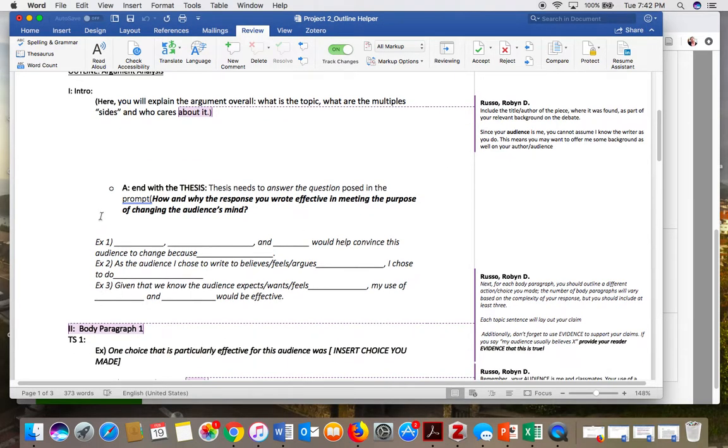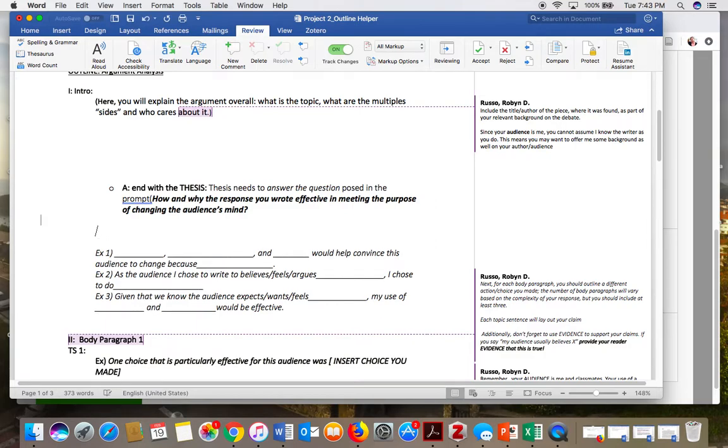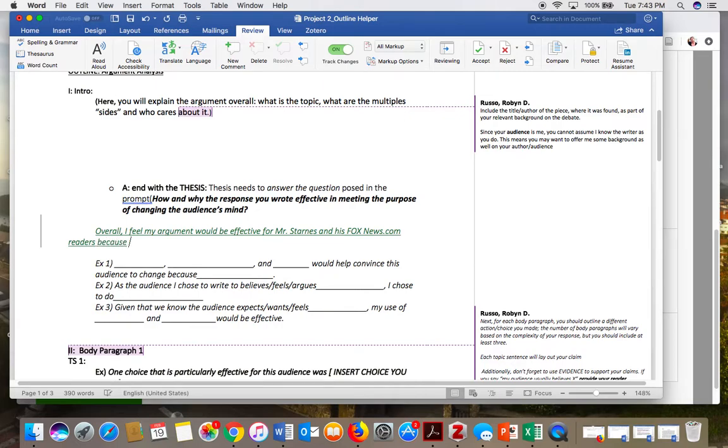So let's say that my thesis statement for this is going to be something like, overall, I feel my argument would be effective for Mr. Starnes and his FoxNews.com readers because I used evidence from conservative sources they trusted,